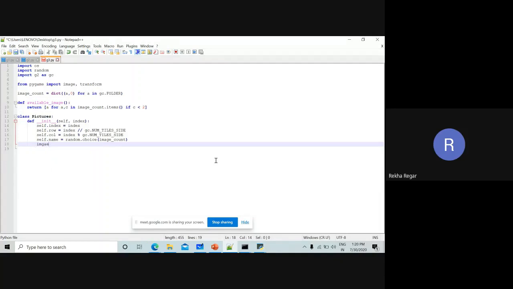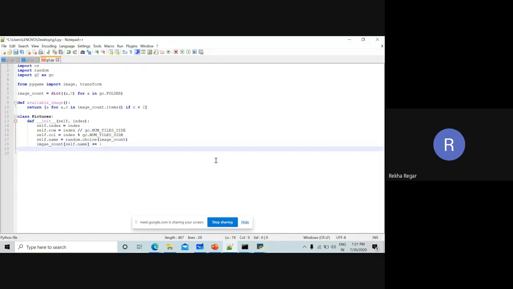We have to take one variable, that variable is already there, we have image_count. And the image count is initiated like self.name, whatever the name we have in the folder, plus equals 1. It means we are going to increase the value.